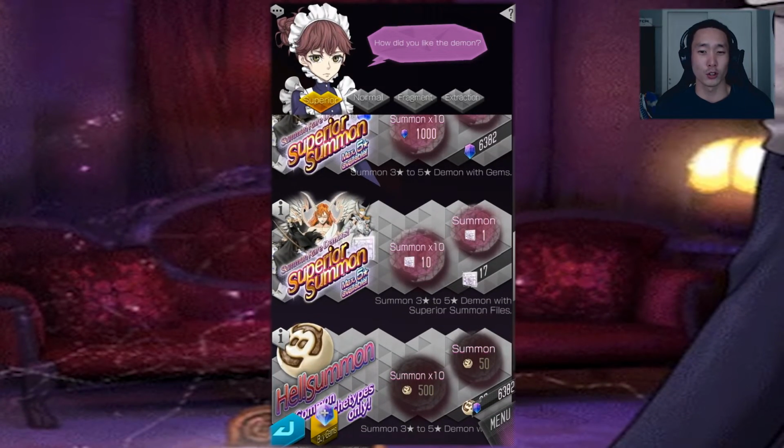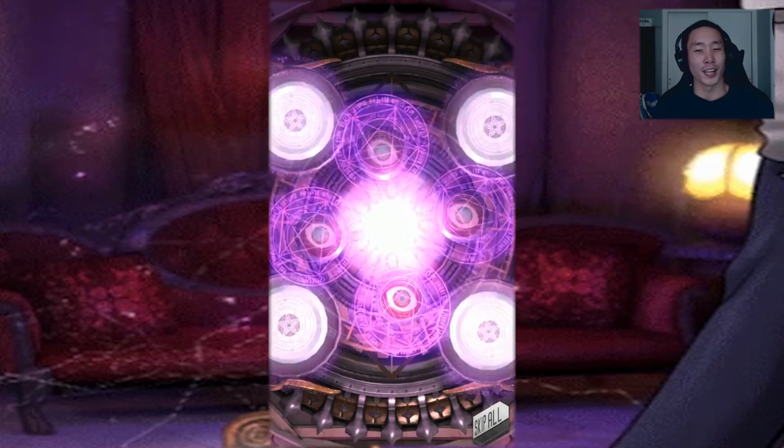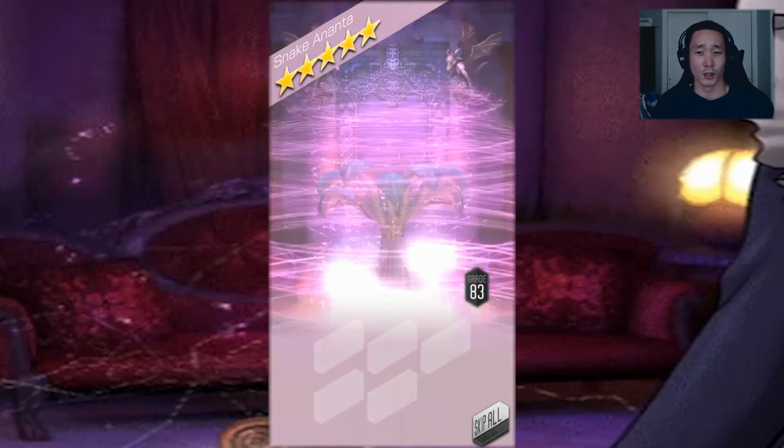Now moving on to the superior summons. Let's go ahead and do this. We only have 17, so we're going to be running through these. What everybody's looking for is that absolute summon, though. And honestly, they haven't been giving that many parchments or ways to obtain a lot of parchments. And whoa! Whoa, whoa, whoa, that did not...